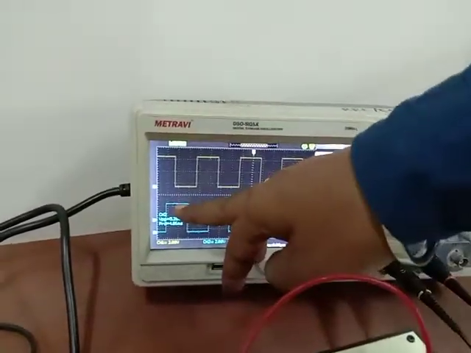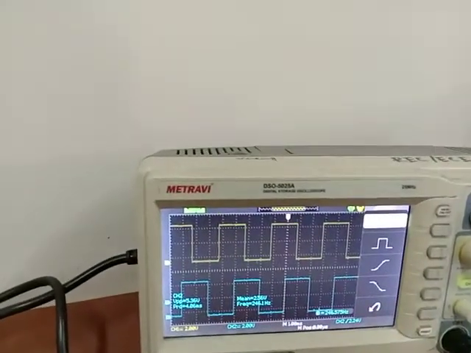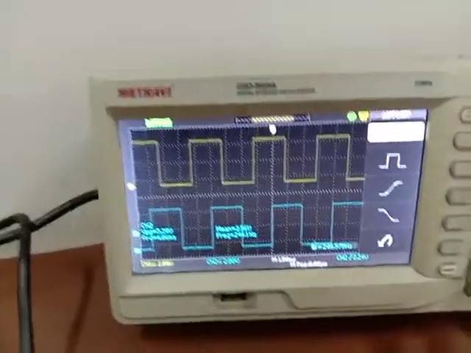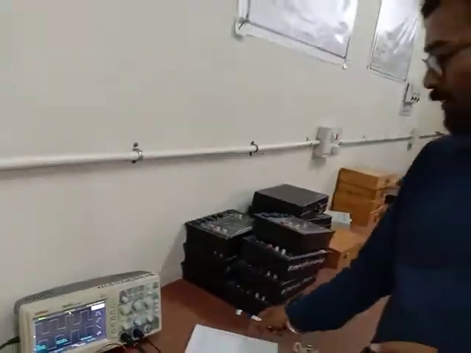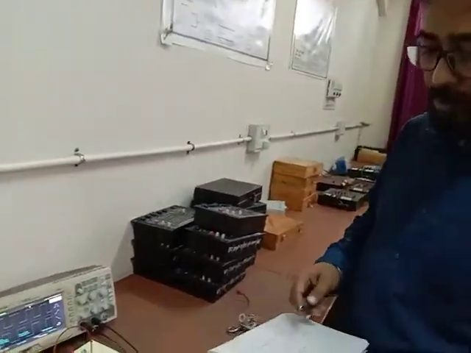Some delay is there due to some noise. This is the line coding experiment, and we have to measure the amplitude and frequency for these signals.